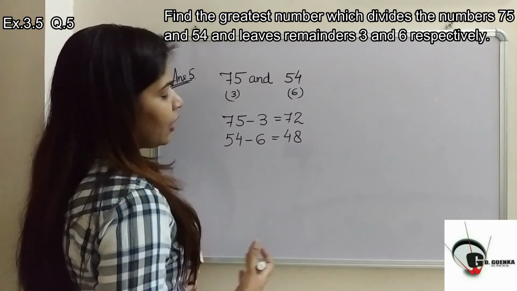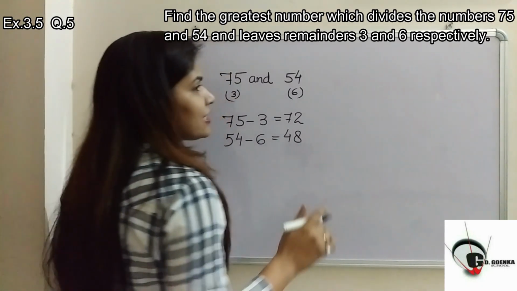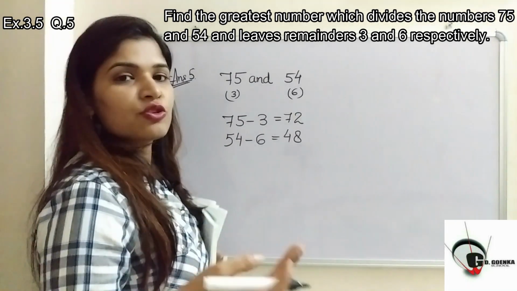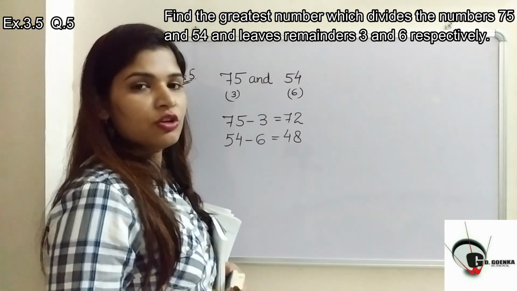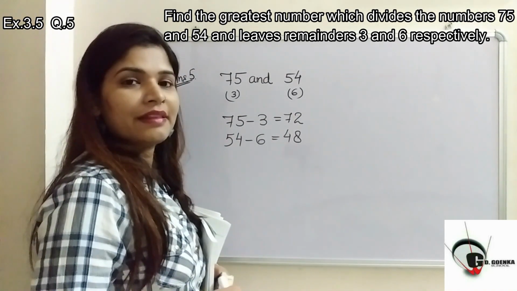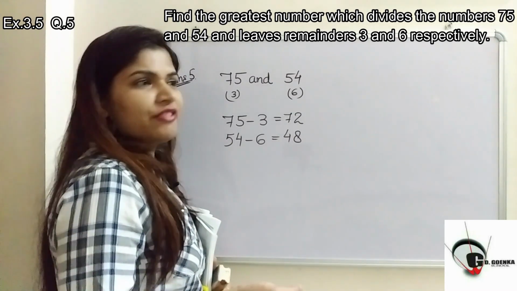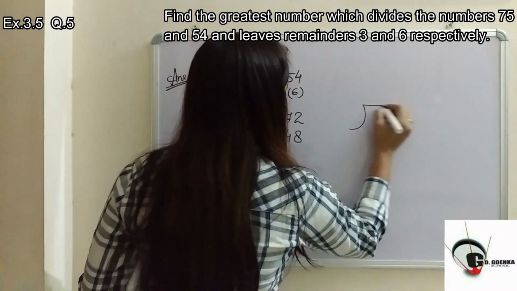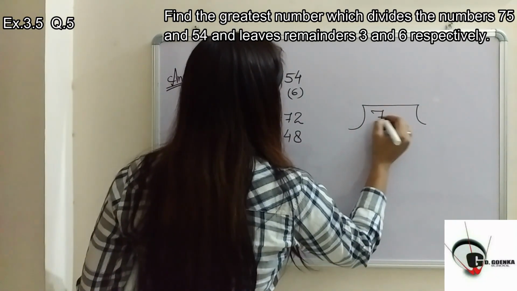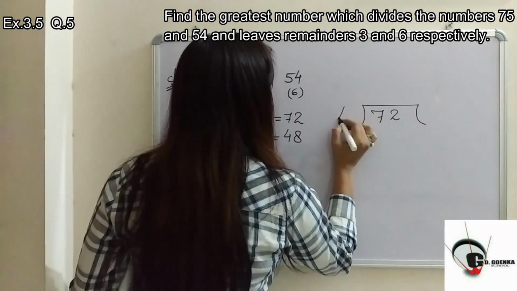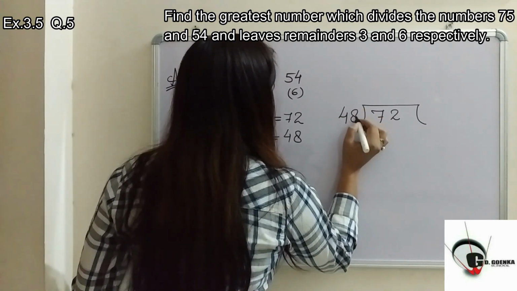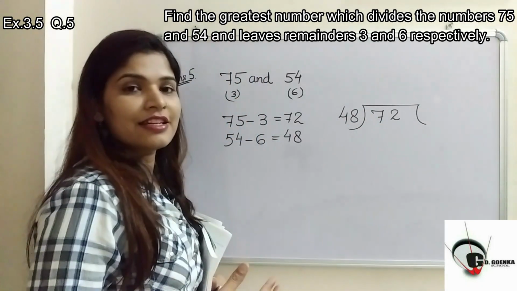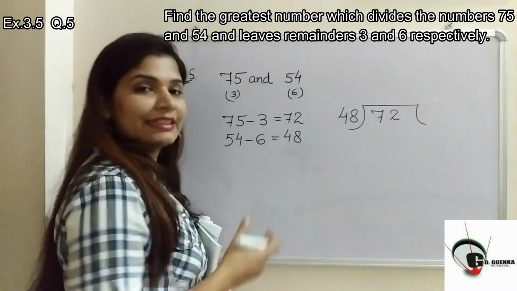Let us see how to take out their HCF. For this we can use any method. We can use the prime factorization method as well, or we can use long division. Here I am taking the long division method as it is more convenient and easy to do. The rule of the long division method is that we consider the greater number as the dividend and the smaller number as the divisor.